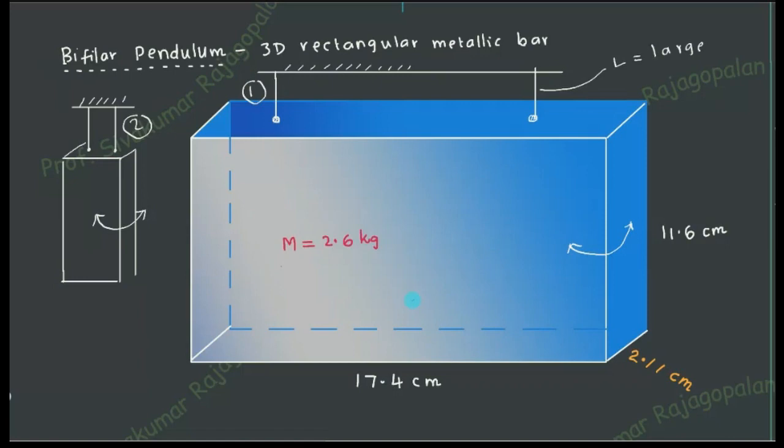At least you have to work it out once, so that in the examination, suppose I give you another set of numbers instead of 17.4 centimeter and 2.6 kilogram, you should know where to substitute and get the answer. For that purpose, at least you have to work out what I sent you yesterday. Then you have to submit the record. What is the advantage of that submission? You are actually learning how you are manipulating the numbers and where you are substituting. That's all. And the same thing will come for the in-semester exam also.